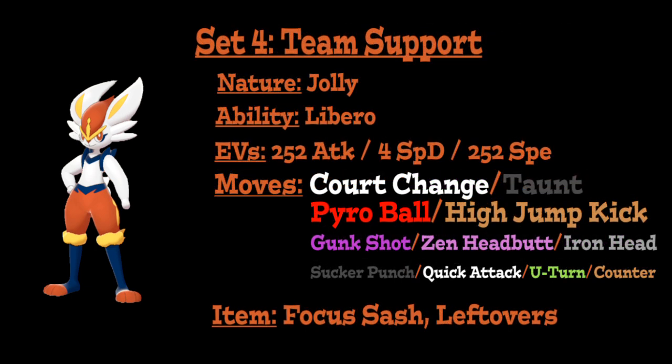Now, in addition to foregoing a type coverage move in order to boost your own stats, you can also do the same thing for a set like this to provide a little bit of team support. So for this moveset, we're again going to run the same nature, ability, and EVs as before, but for the item, we're either going to include a Focus Sash on the set to make it so that you can live any attack from full health, which lets the set be very good in the lead position, or Leftovers